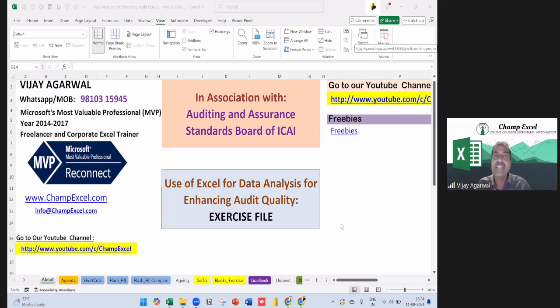But yes, Excel can be very helpful when we have data from different ERPs. Once we have some data, and from that data we want to do some analysis, and we want to find exceptional items or do trend analysis, or create any type of charts, or show something good in terms of visibility.